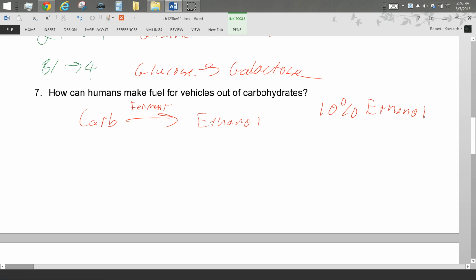By definition, you're going to have 10% ethanol inside your gasoline. Is that a big deal? It is when you're a seal. A gasket or a seal. Oh, yes, okay, sorry, I was thinking of